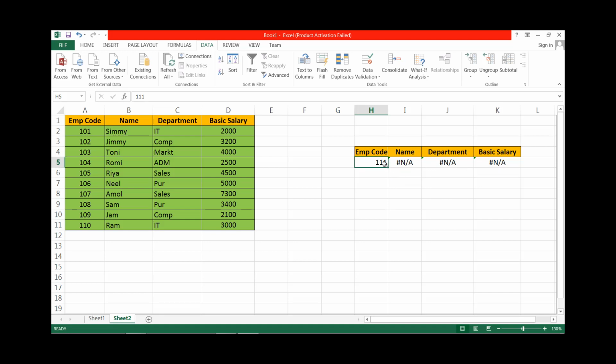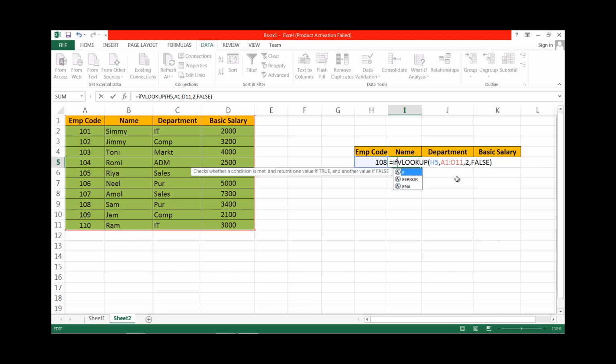Then let us remove this error. For removing this error, you have only to apply here the IFERROR function, IFERROR.